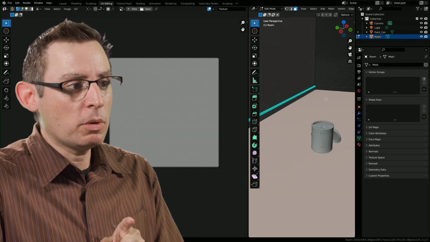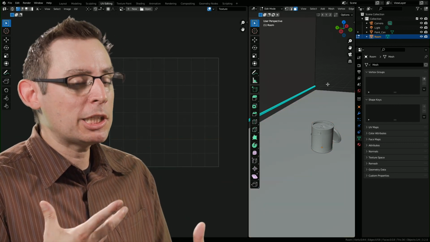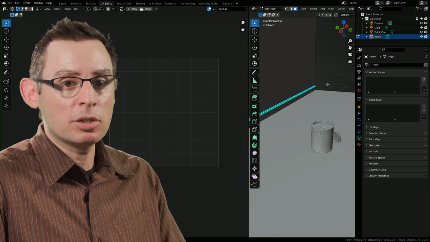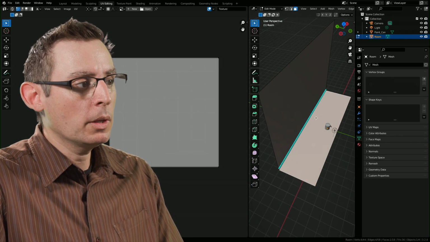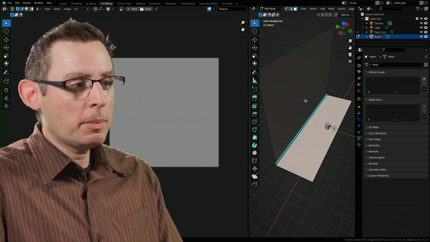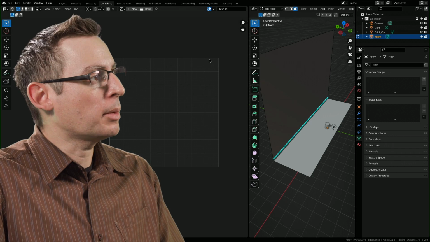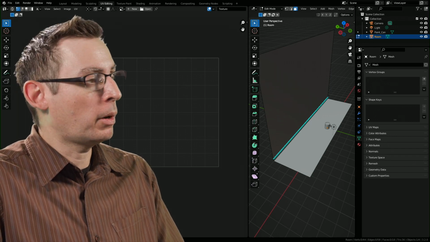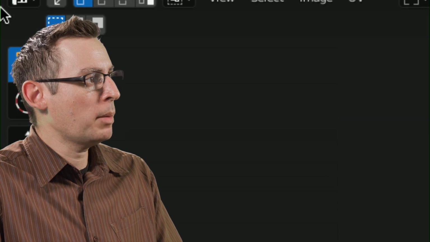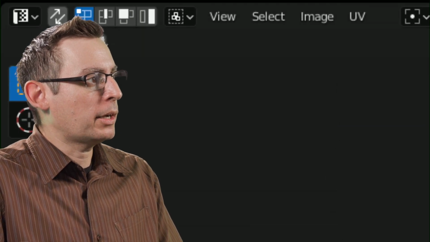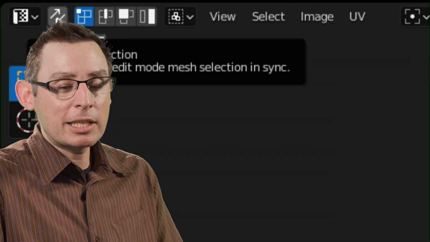The other hitch that we run into when working with UVs inside of Blender is that initially the system is based on a selection system. So if I select this floor polygon, we're going to see its UVs. But I'm not seeing the UVs for the wall and for the baseboards. Well, let me show you something here inside of our UV toolbar on the left-hand side of the screen. It's way up here at the top. This little icon right here is an important one to be aware of. This is called UV Sync Selection.